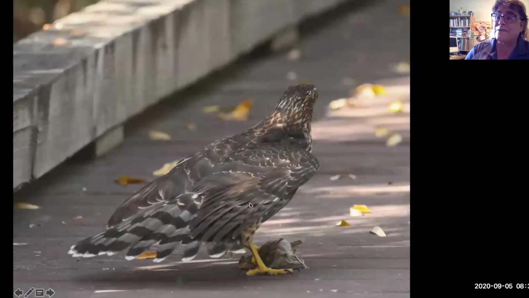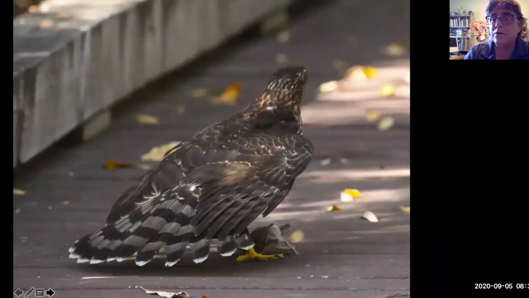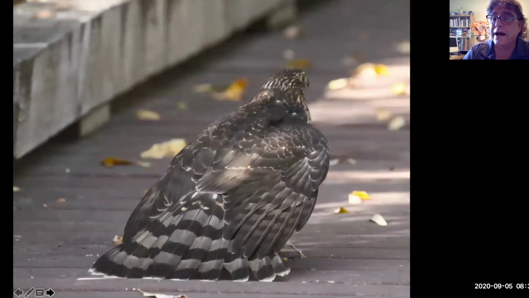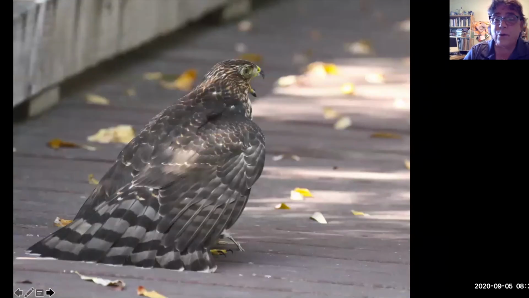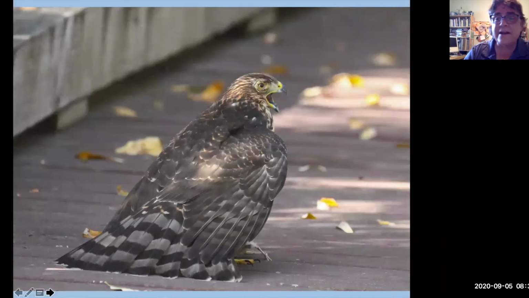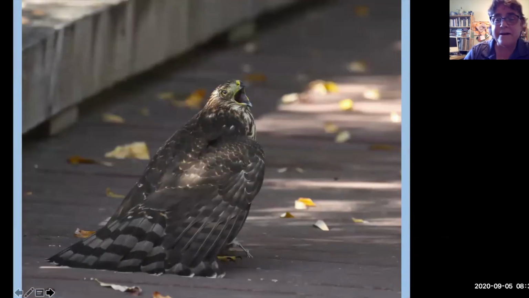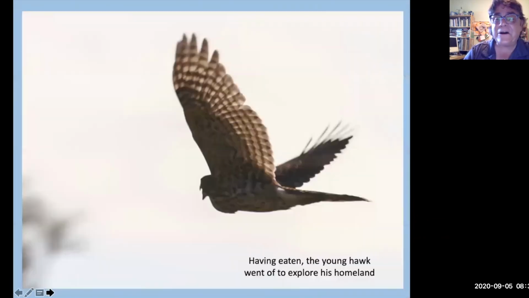Now, these next few slides are what happens when there's usually more than one in a nest. So there were 2 juveniles, but watch the wings. Watch the wings cover up the food so nobody knows. He does a great job of pretending, oh, there's no food here. I'm going to keep calling like I want food. That way nobody knows I have any. See, there's none there. Oh, I better thank Mama. And then off he flew.